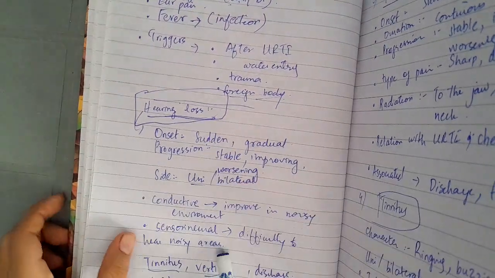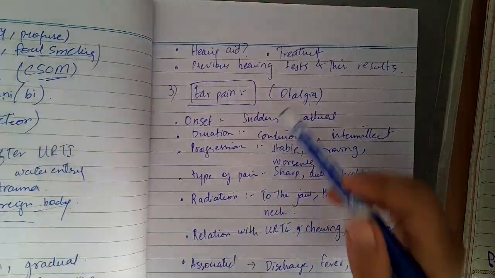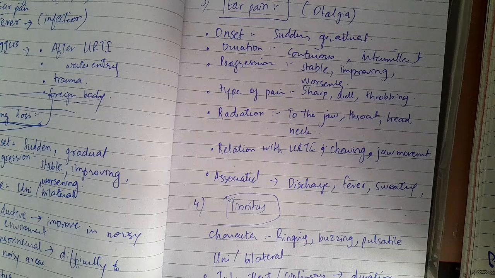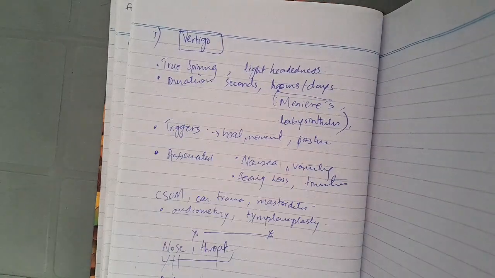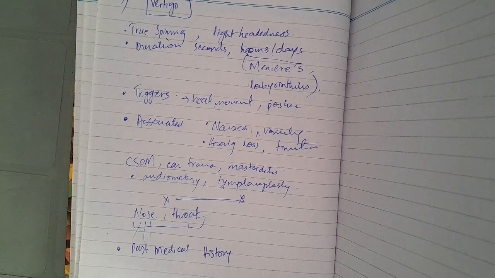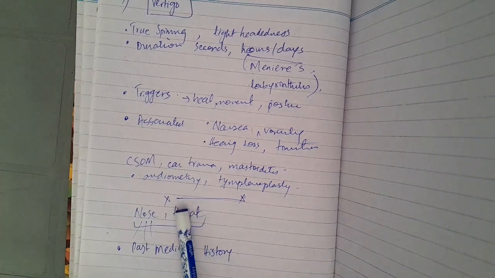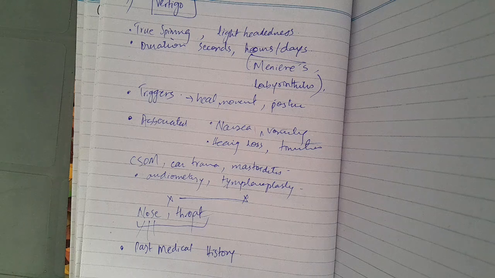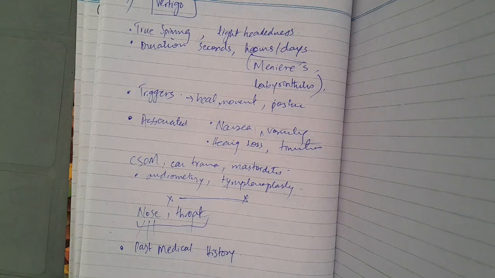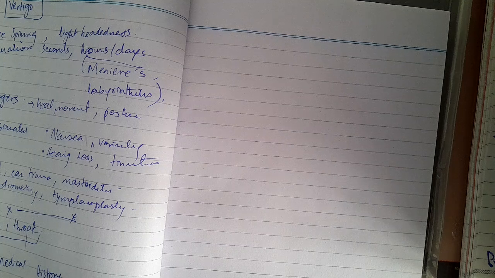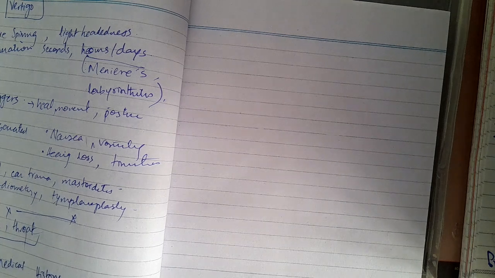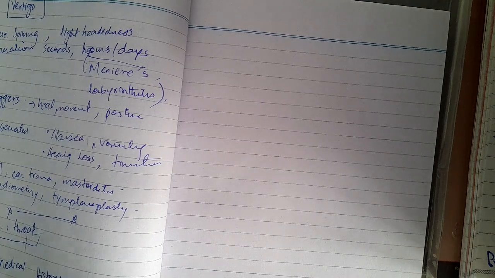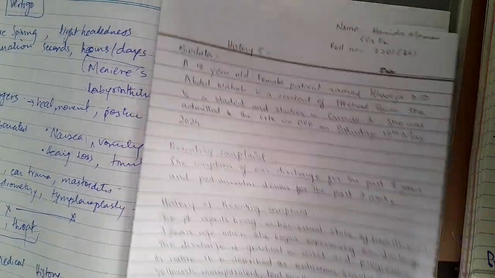Then you will ask about the hearing loss, ear pain, tinnitus, their character, whether it is unilateral or bilateral. You will ask about vertigo, whether it is just lightheadedness or true spinning. Then you will ask a bit about the nose and throat, and this will come under the heading of systematic review, that her other systematic review was unremarkable, and there were no other ENT complaints of nasal obstruction, discharge, bleeding, or dysphagia, or any other throat complaints. So these were the whole headings of